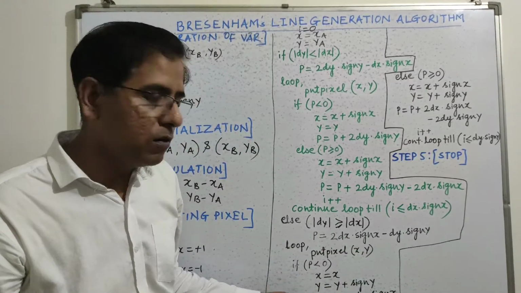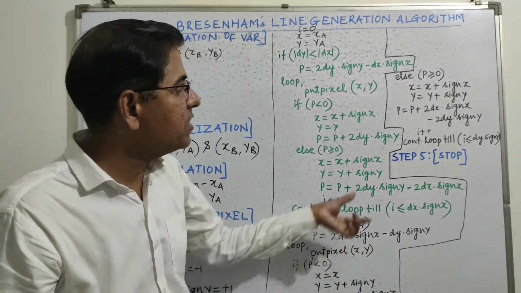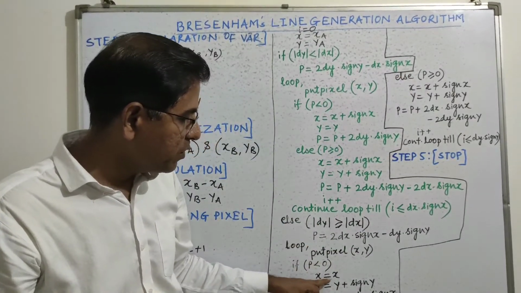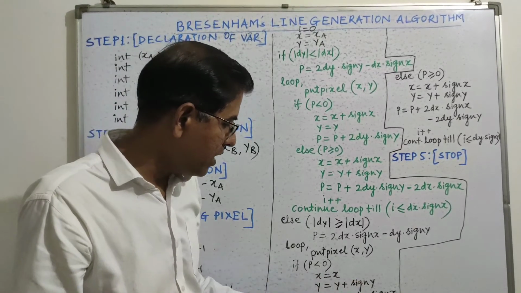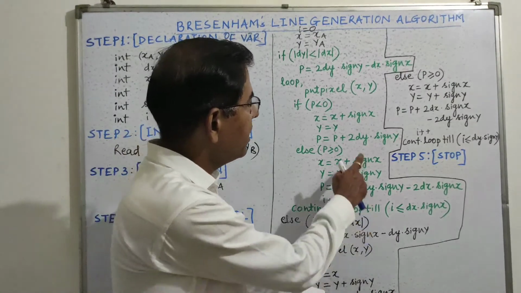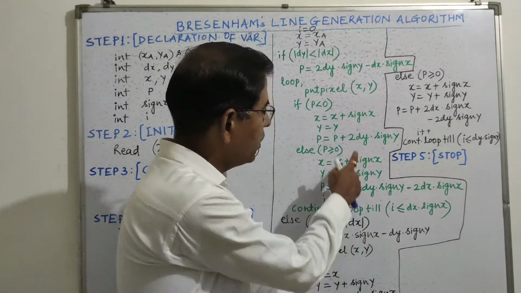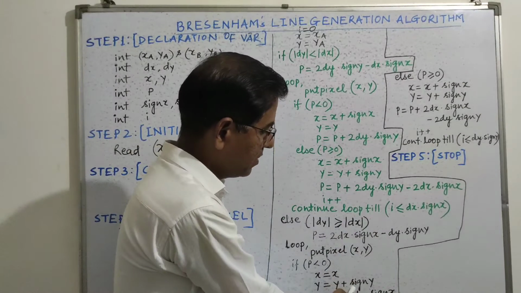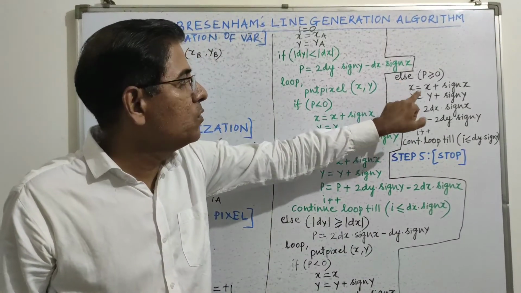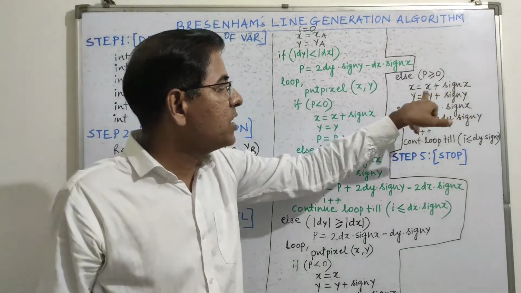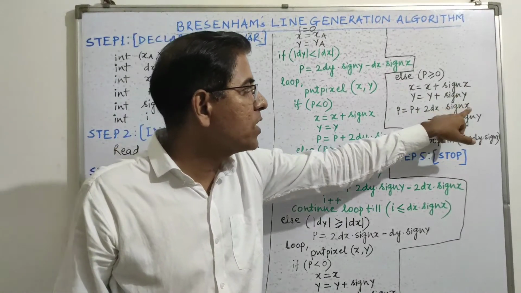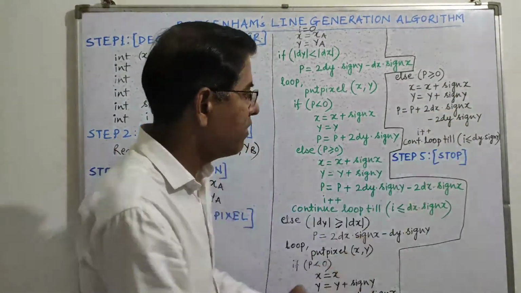Here also there are two conditions. If p is less than 0 and p is greater than 0. So if p is less than 0, then x is equal to x, y is equal to y plus sin y, and p is equal to p plus 2 dx into sin x, exactly opposite to here. So here 2 dy, here 2 dx into sin x. Similarly, p greater than 0, x is equal to x plus sin x, y is equal to y plus sin y, and p is equal to p plus 2 dx into sin x minus 2 dy into sin y,